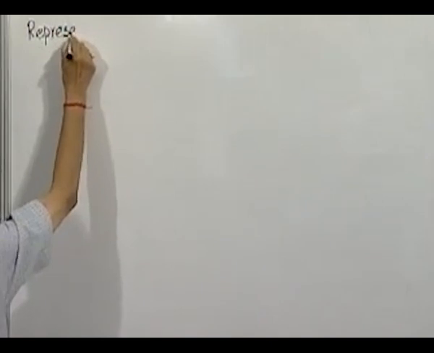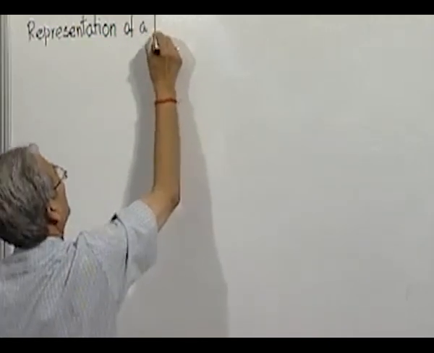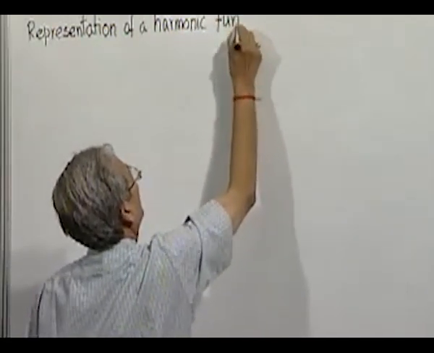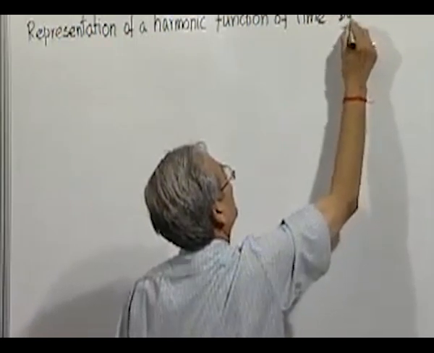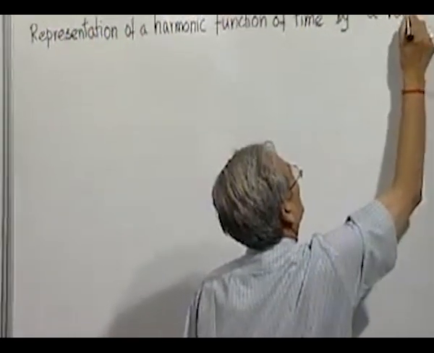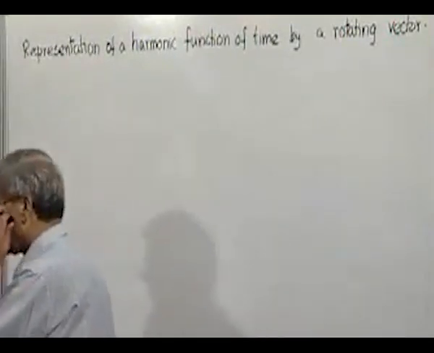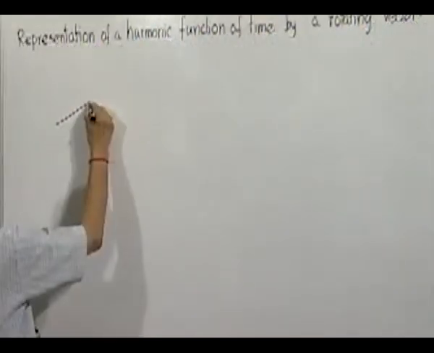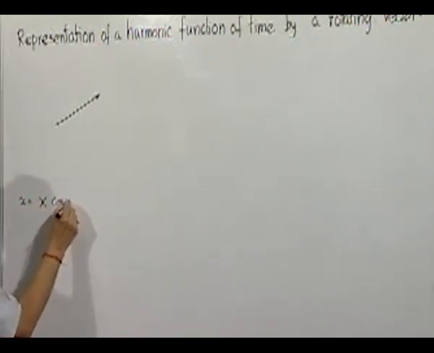A vector quantity, harmonic quantity. Perhaps we have discussed this quickly in the past, but we will remind ourselves about it. So, if a quantity is called x, which is x cosine omega t, we can represent it by a rotating vector like this,